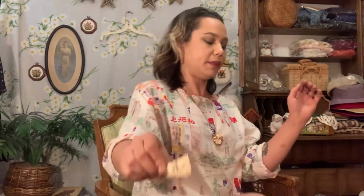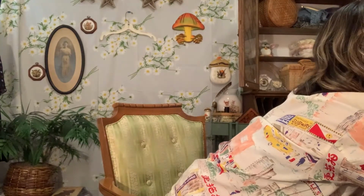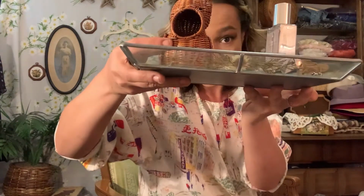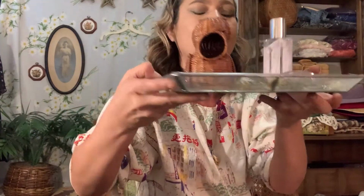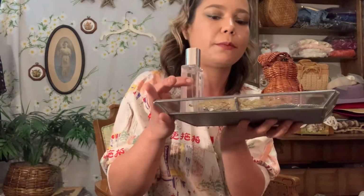So there's that. And then last but not least, I'm going to show you this, my most recent acquisition for myself. When I see pressed flowers, I'm done for. I'm going to buy the pressed flowers. So it has like a mirrored bottom,